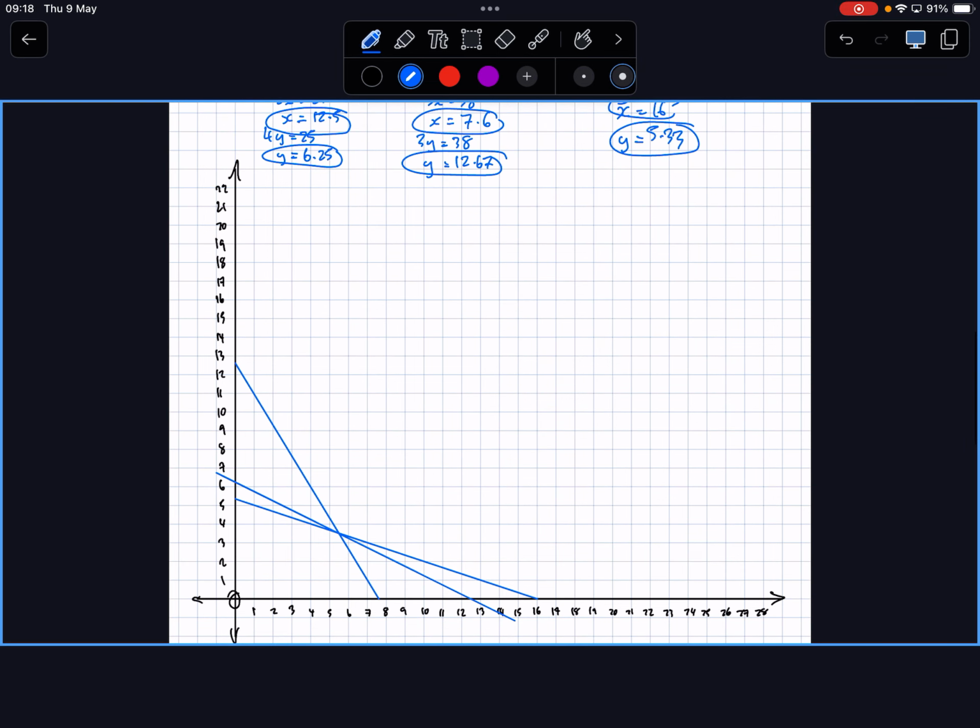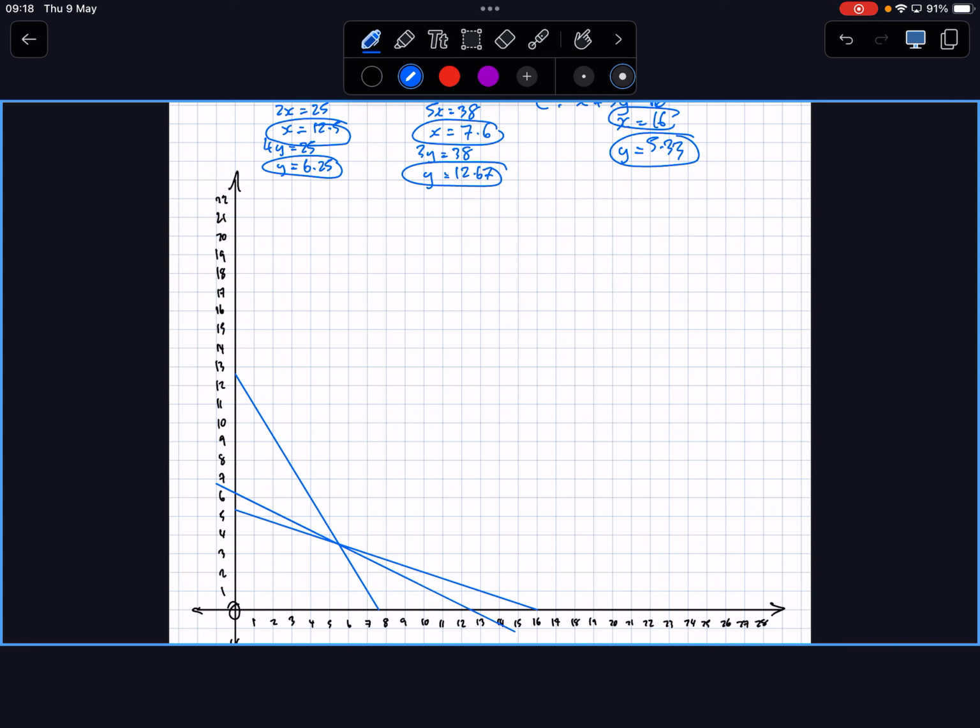Can someone remind me what's worth marks on these? Is there something missing on the axes? Yes, the labels. What does the x-axis represent in this context? How many kilograms of what? Fertilizer? Good. So,